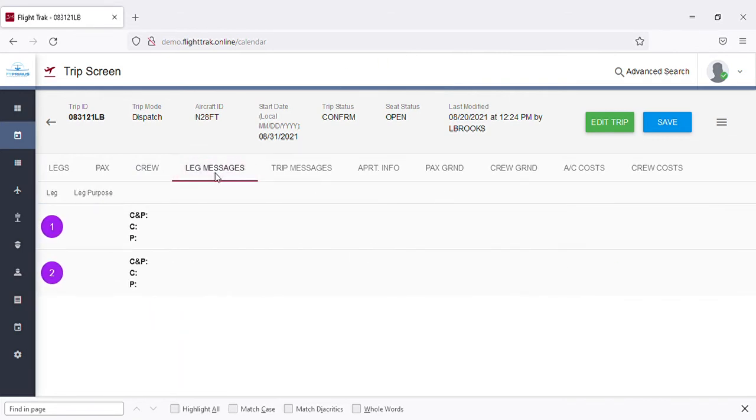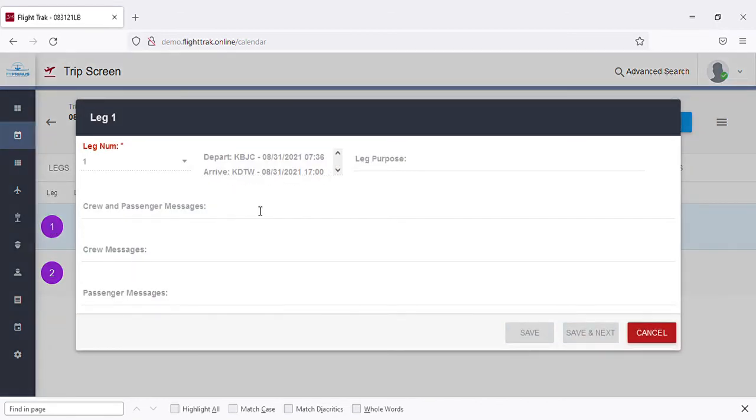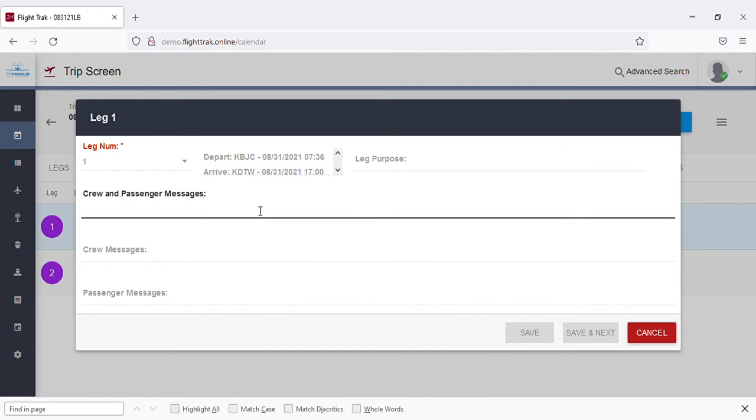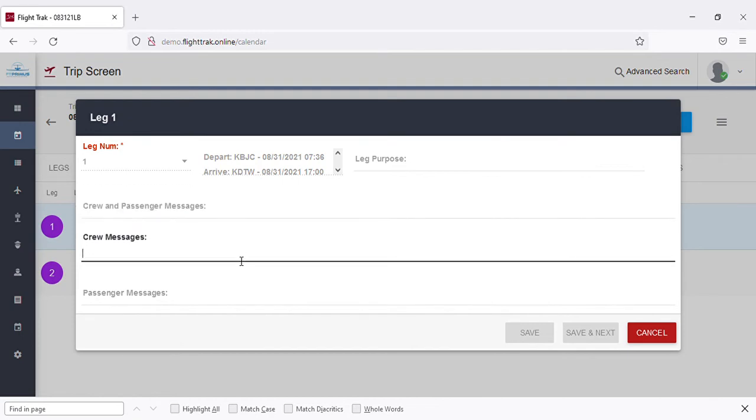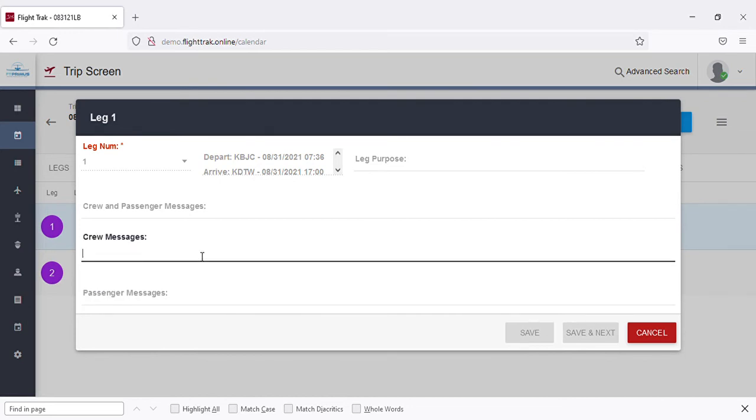We have the ability for you to add leg messages to the trip. So if there's something that you want to show up on the itinerary or the pilot trip sheet that you want both the crew and the passengers to see, you can put that information here. If you have information just for the crew, you can put that there, and just for the passengers there. So if you put a passenger message on, it won't show up on the pilot trip sheet. If you put it on the crew messages, it'll show up on the pilot trip sheet, but it will not show up on the itinerary. And so we can just put no,